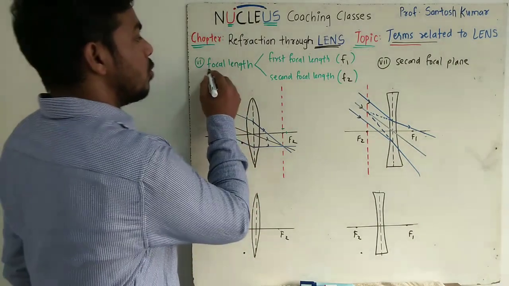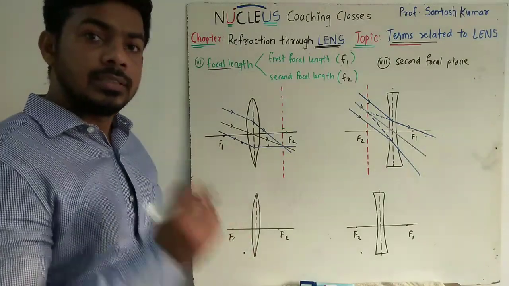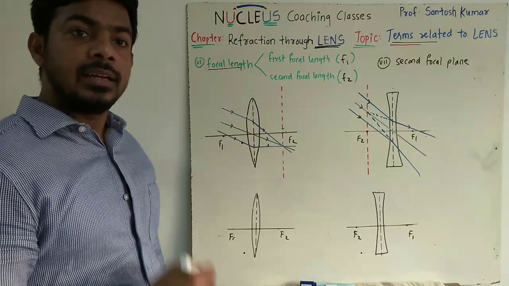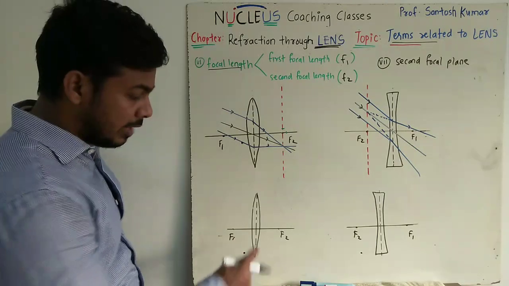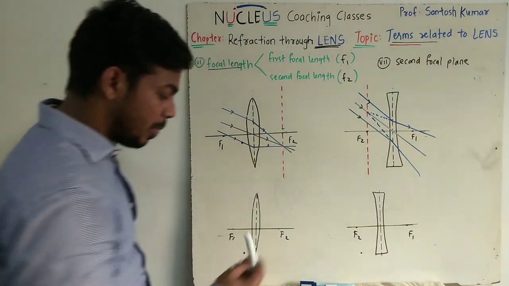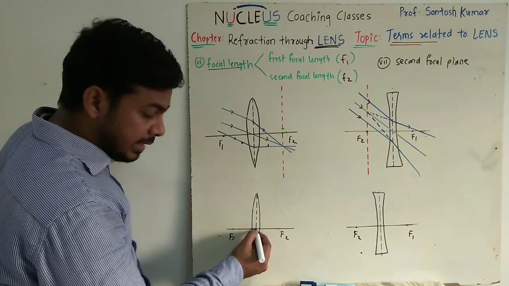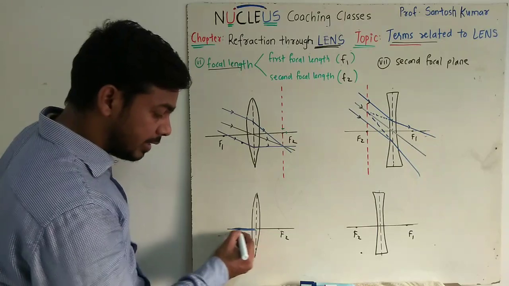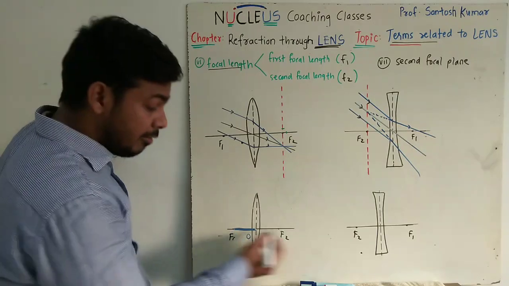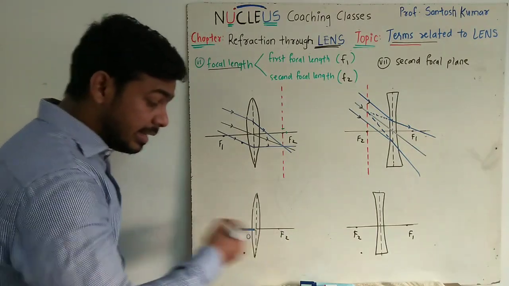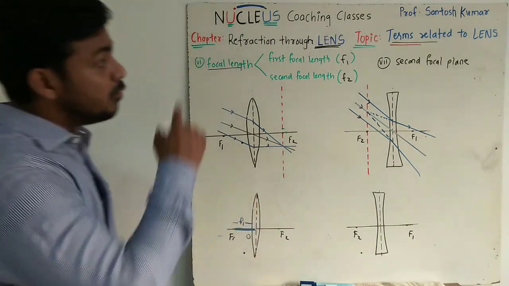Let's talk about the focal length. Focal length for a convex or a concave lens is the distance between the optical center and the principal focus on the principal axis. If I have a convex lens, I have point f1 and point f2. This is the optical center, you can see O. The distance between the optical center O and the principal focus f1 on the principal axis is called the first focal length,